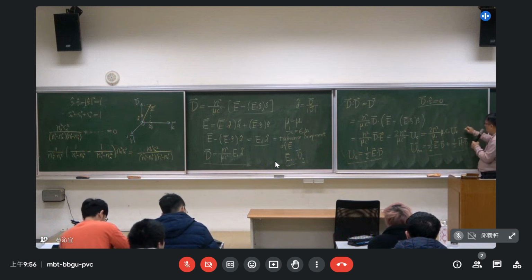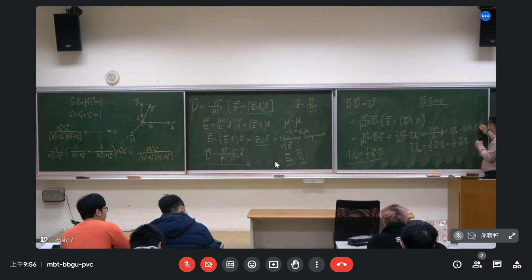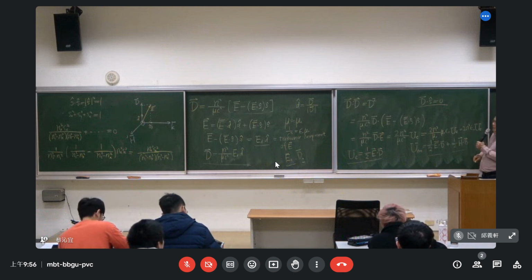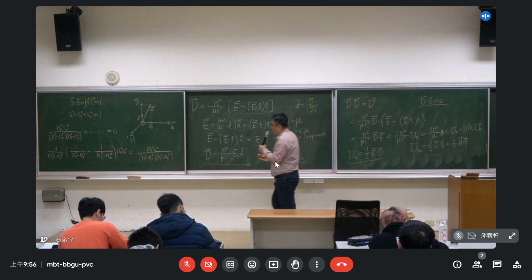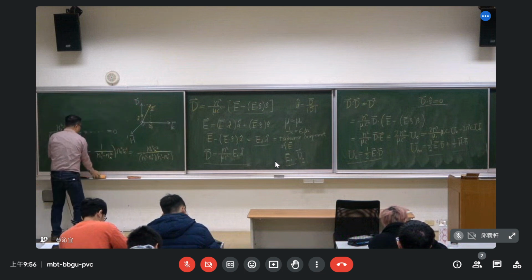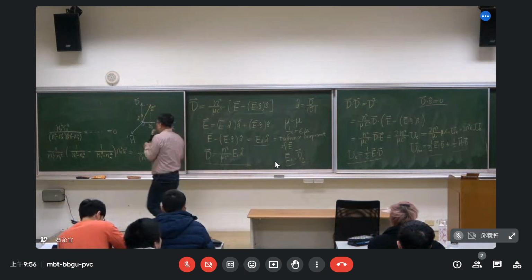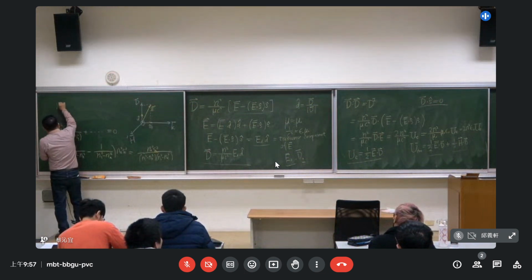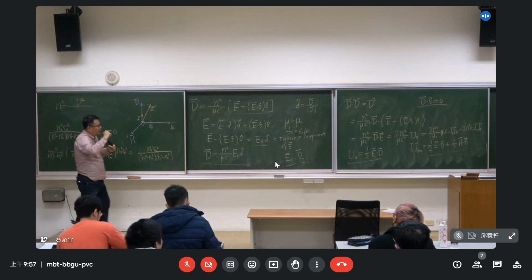So now you get this, 2n squared epsilon 0 U_E. This equation in fact tells us that we find D squared, and we can write n squared as D squared over